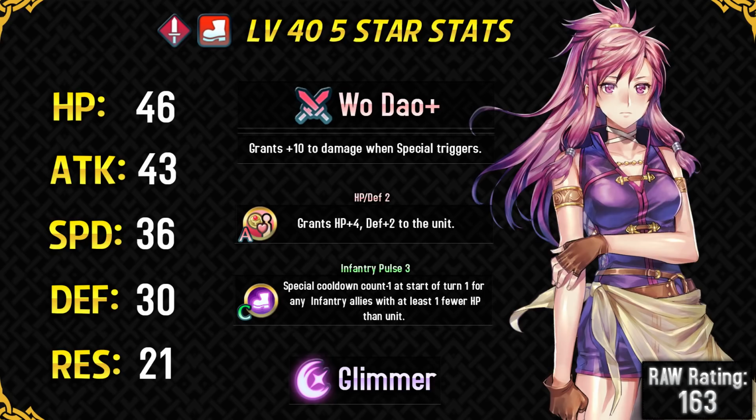Her slot A skill is HP Defense 2, which is a rather underwhelming skill, but it bumps her HP to 50 and her defense to 32, and I guess it's not a bad option if you're just going to be using her for Tempest trials. Now her slot C skill is the real treat. It's Infantry Pulse, and it's amazing that a free unit has that because previously only Summer Xander had that, who's a seasonal unit, and then Dorcas, who's locked to 5-star rarity. So it's pretty good that a free unit has that, and now everyone can make use of this skill and